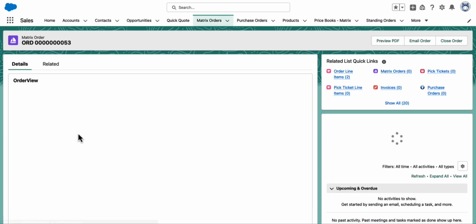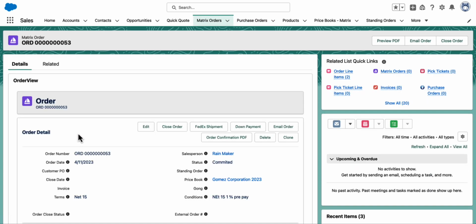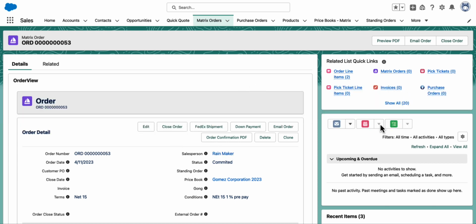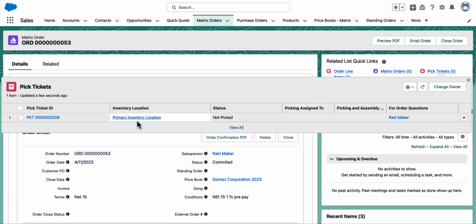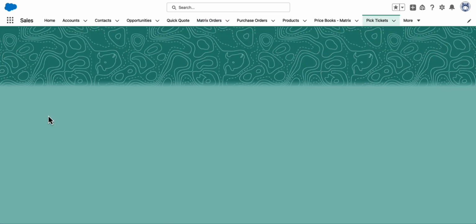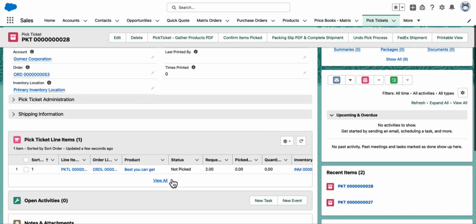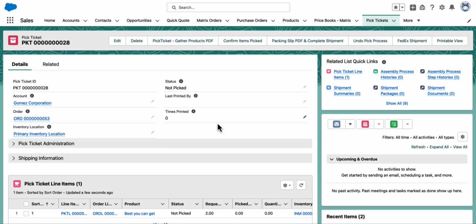I'm going back to the order, and at this order level, I'm going to look at the pick ticket. Now there is a separate tab for the pick tickets as well, but I just wanted to show you that from the order to show you that there is a full history going all the way back. So now that I'm at my pick ticket, the line item is not picked at the line item level